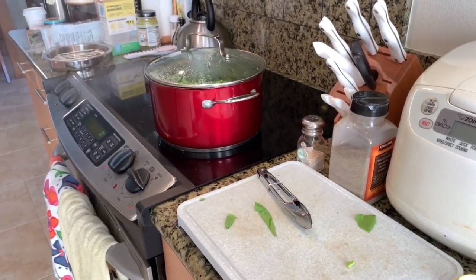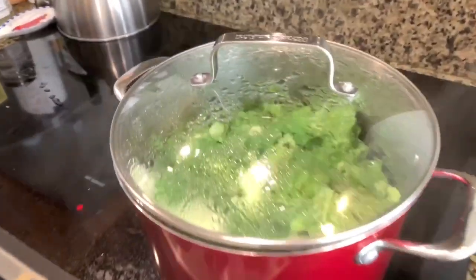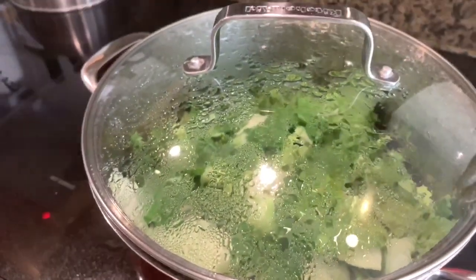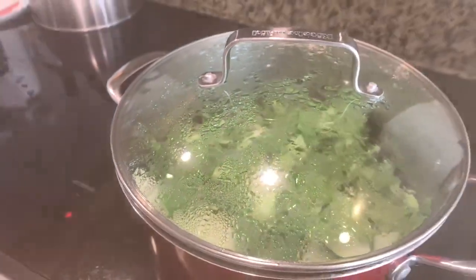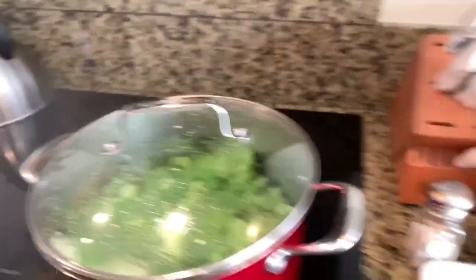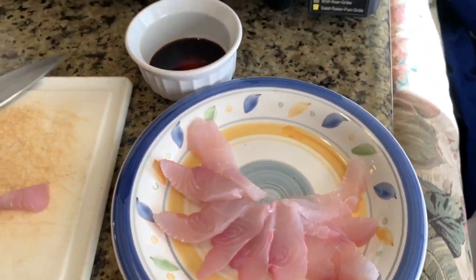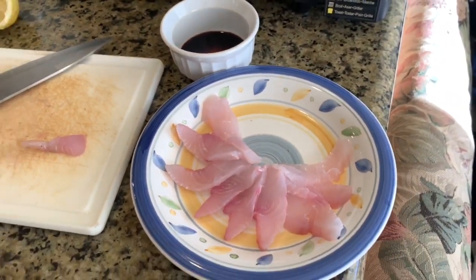And then the steamed fish is almost done. You can tell because the bok choy is wilting down. It was a lot bigger before. It's almost done. And these two options are a lot healthier than the recipes I've been doing before, which is frying fish,